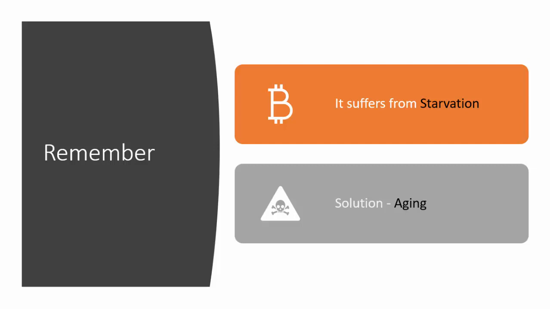तो solution क्या है उसका? Solution is aging. Aging means that you increase the priority of the process after fixed interval of time. So let us suppose कि जो wait कर रहा था process उसकी priority जो है वो 3 है, तो हम क्या करेंगे कि fixed interval of time के बाद, for example suppose half an hour के बाद उस process की priority automatically increase हो जाएगी by a factor of 1. This means after first half an hour उसकी priority कितनी हो जाएगी? 2. Again if it is not able to finish, then after another half an hour the priority will increase to 1. So ultimately it is going to get the highest priority and it will finally get its turn.